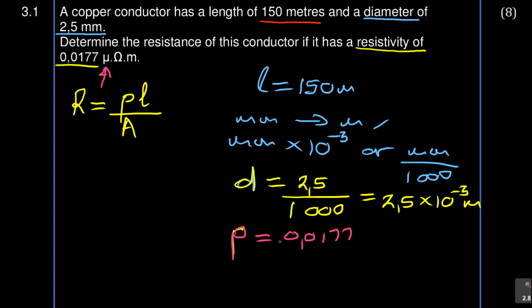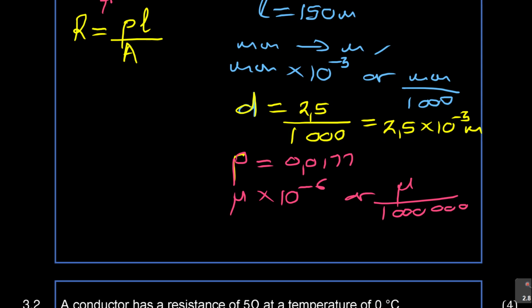When you see the word micro, we have a problem also. Millimeter, you multiply by 10 to the power 3. What about micro? If you see micro, you multiply by 10 to the power negative 6. Or you take micro, you divide by 1 million. So 1, 2, 3, 4, 5, 6. So just remember this. If it's micro, you multiply by 10 to the power negative 6, or you divide by